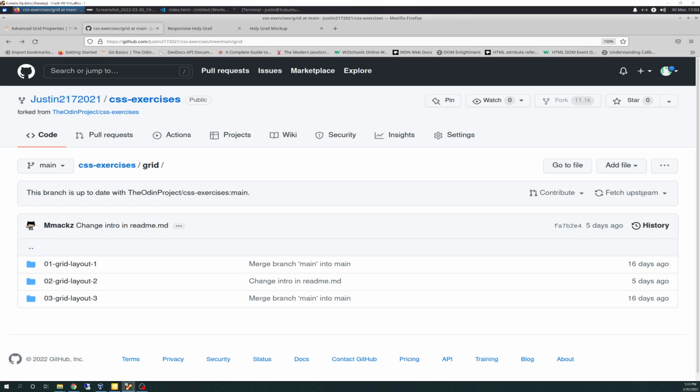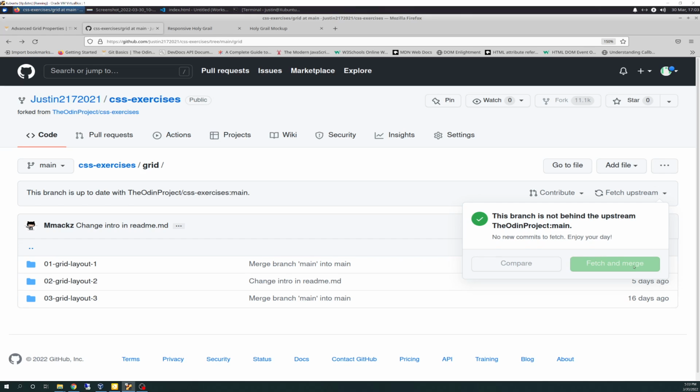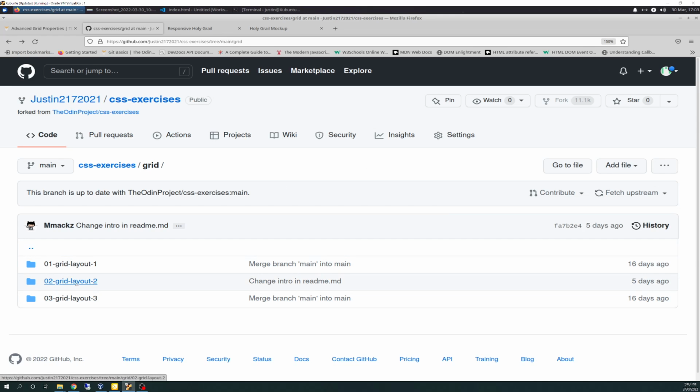Oh, and this is what I was talking about yesterday about fetching your upstream. This is where you go if you're out of sync with the parent. If your fork is out of sync, you do fetch upstream and merge. It says no new commits to fetch. Enjoy your day. So this is what I clicked yesterday. Sorry, I'm a day late and a dollar short on that, but I just remembered that. So anyway, going to grid layout 2,